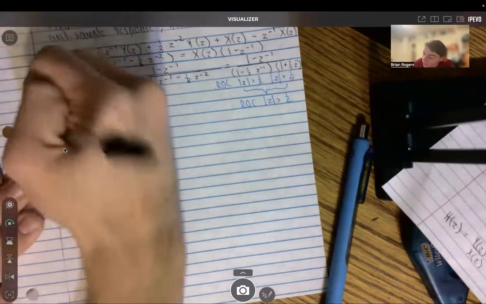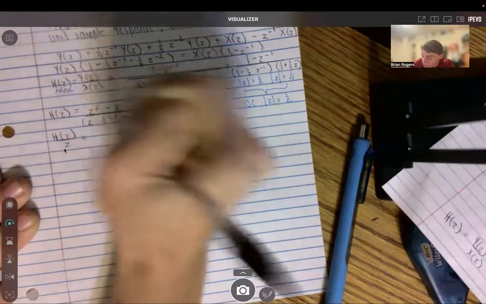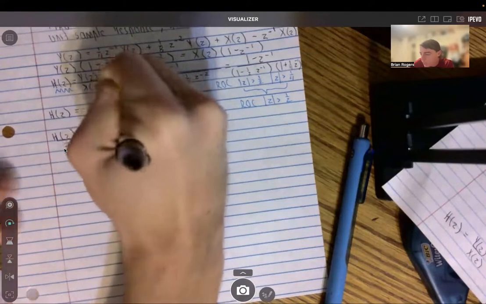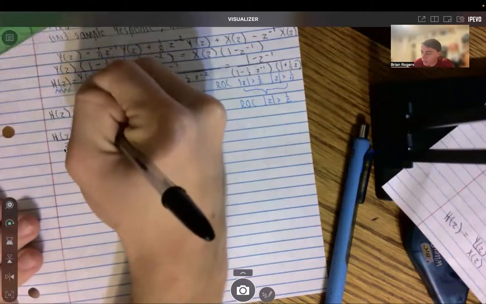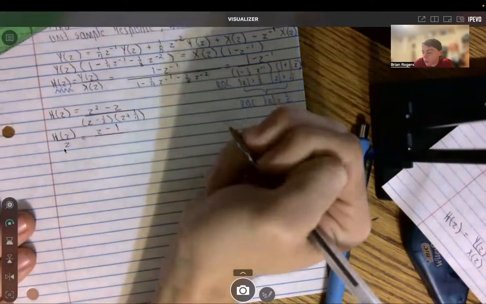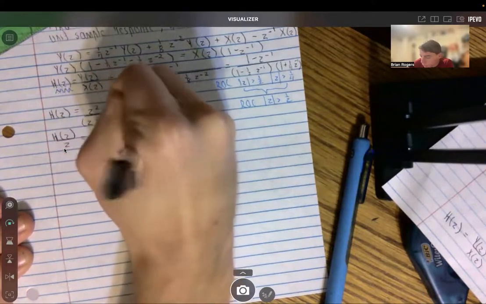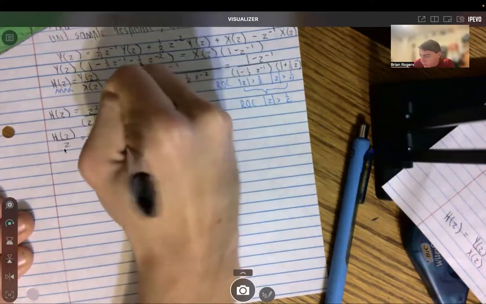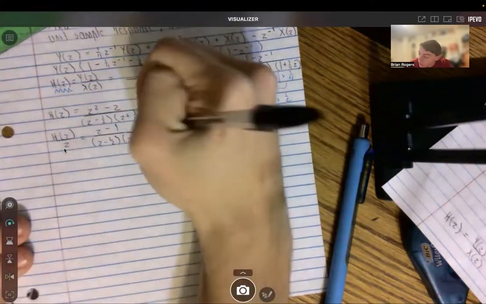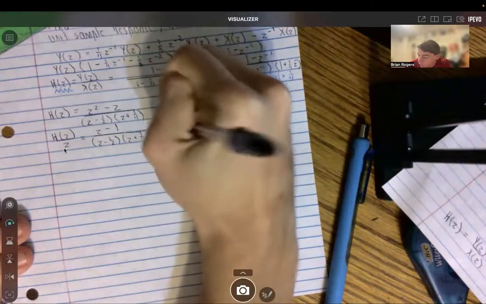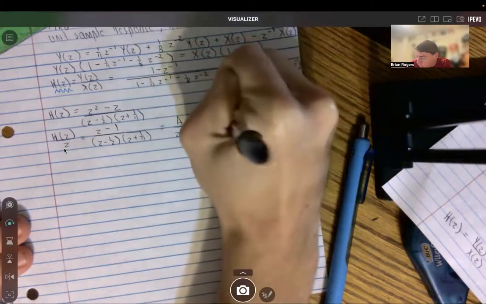Now that we did that, we need to divide by z. That's the next step in the partial fraction expansion from that list I gave you guys. So divide by z. In my numerator, if I just divide by z, I'm going to get (z − 1) over (z − 1/2) and then (z + 1/4), because I just divide the numerator by z, so it came out simpler. Then using your partial fraction decomposition, this would be A over (z − 1/2)